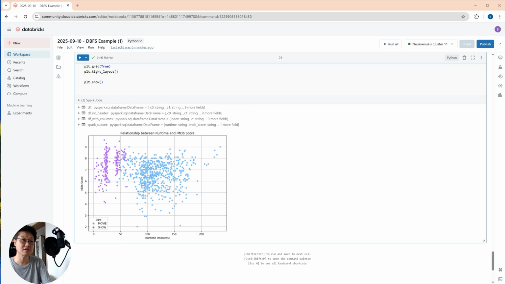However, the peaks in certain runtime bands may reflect successful performance or popular content types. Another thing is the shorter shows with high scores may indicate popular series episodes or content catering to